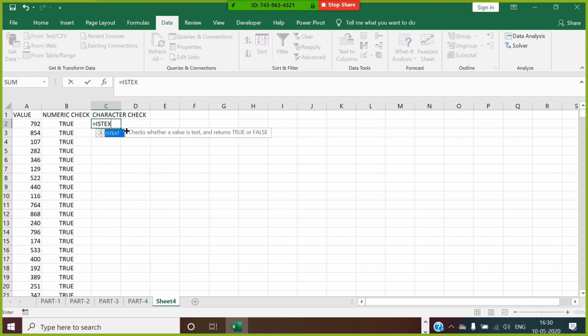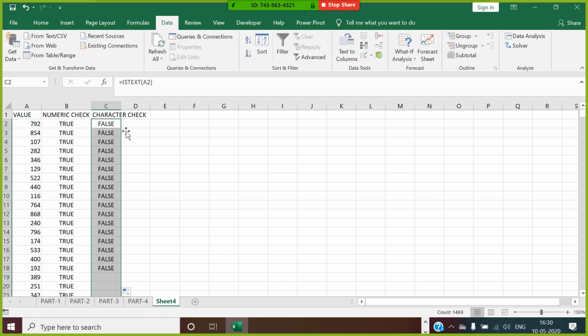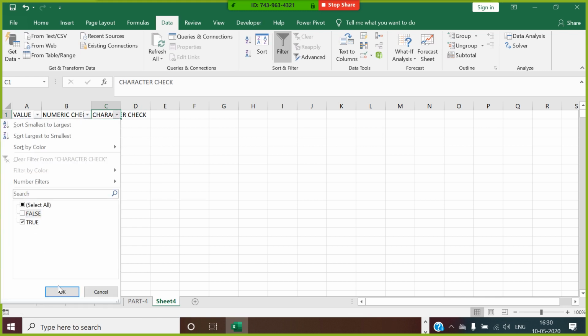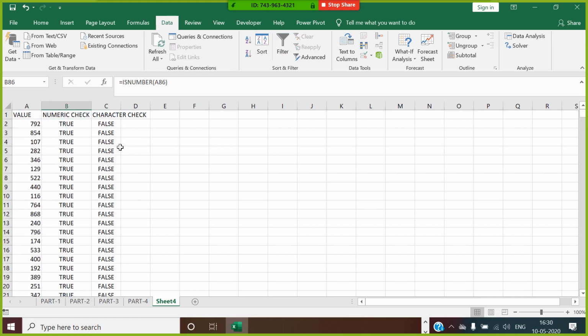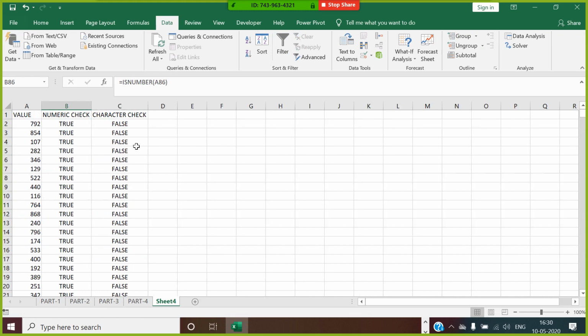You will write is text. If you go for is text, wherever it is coming as true, these are the characters. Are you getting this here, guys? The functions is text and is number are going to be used mostly in any program you go for. You will definitely come across this.